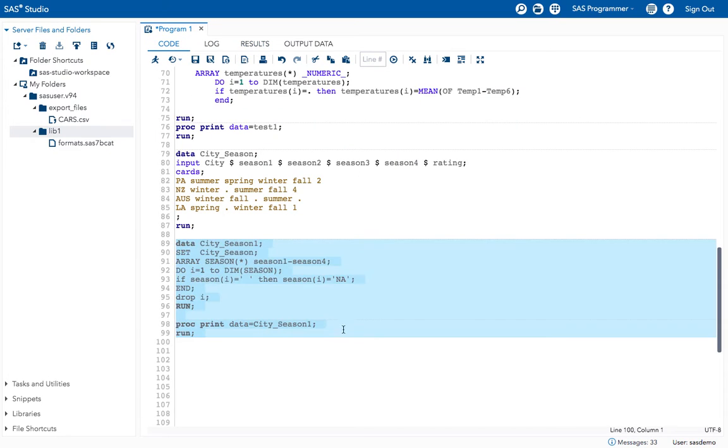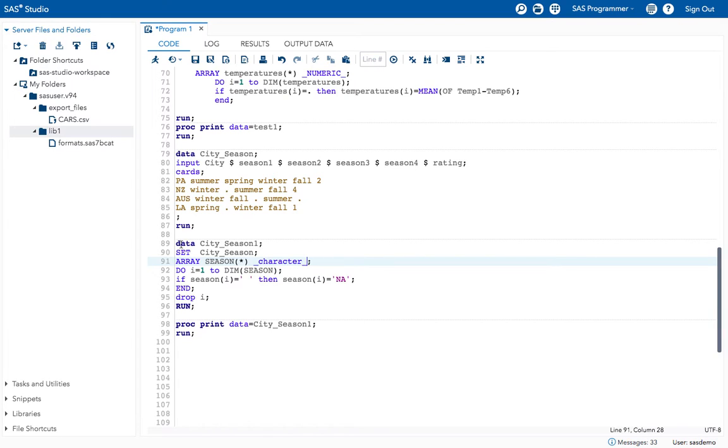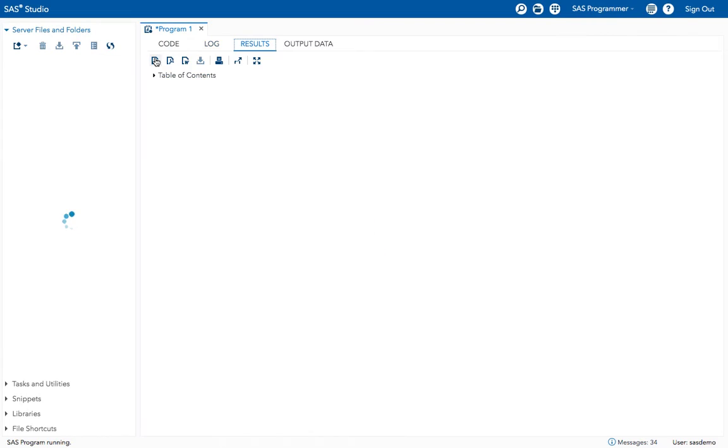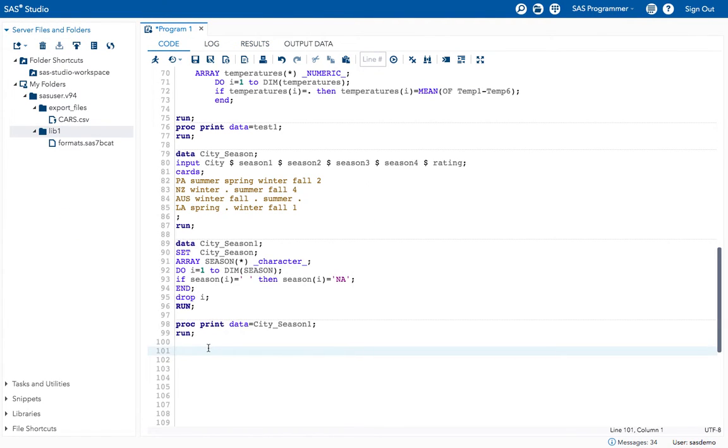Or else we can use the shortcut, as it is applying only to all character values. Mention underscore character underscore, which specifies all character values. Now execute the program. You will get the same result. I still got the same output.